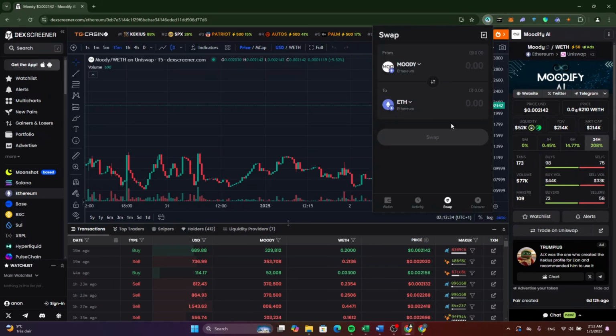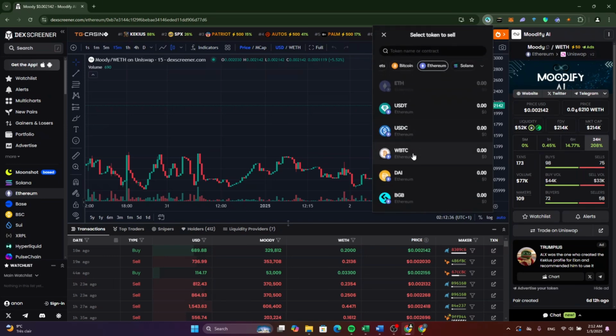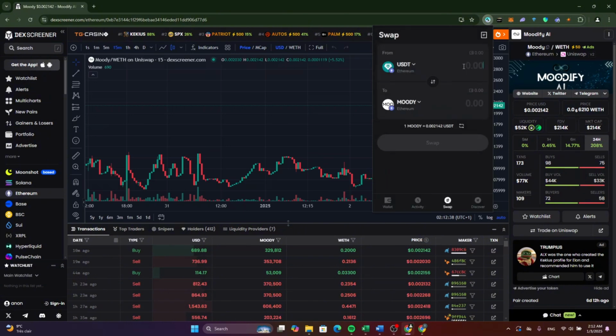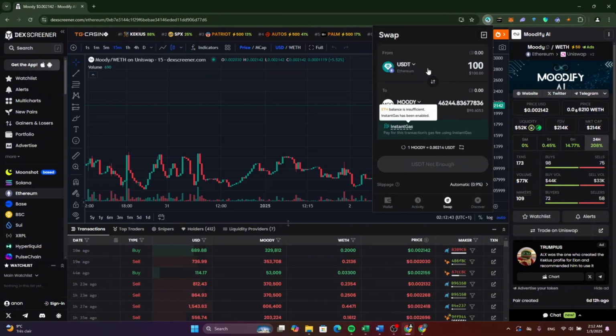After that, click on swap and switch it from here, and select the token that you want to buy with, for example, USDT. Now type here how much you want to buy, but before that, make sure you have enough USDT in your wallet. After that, as you can see, this is how much of that token you will receive. After that, it's simple. Just click on buy and you will be able to buy this token. So this is how to buy the Moody or